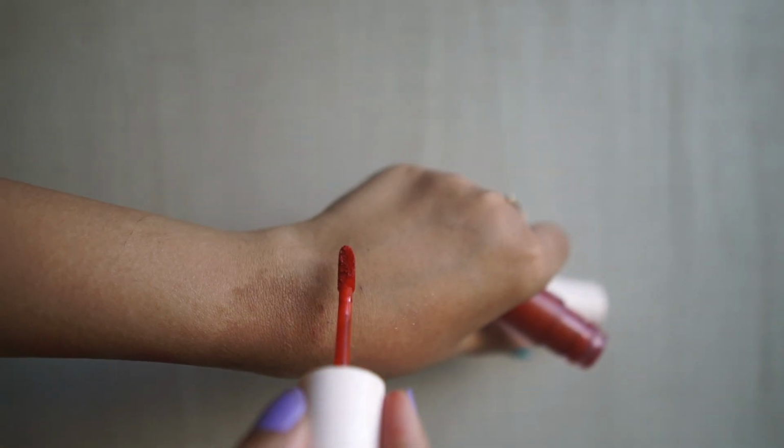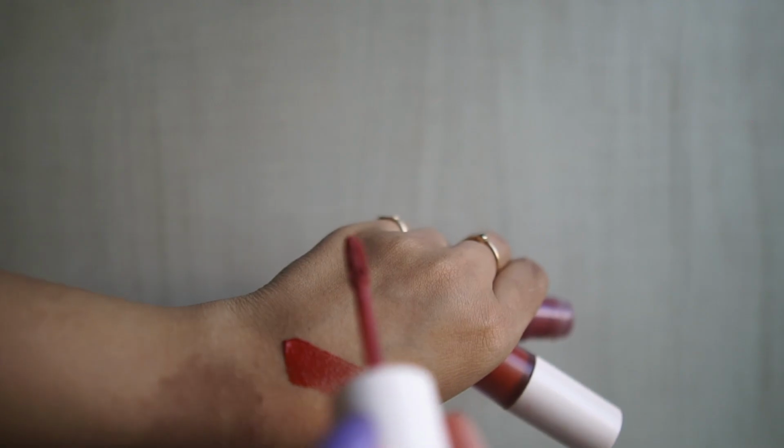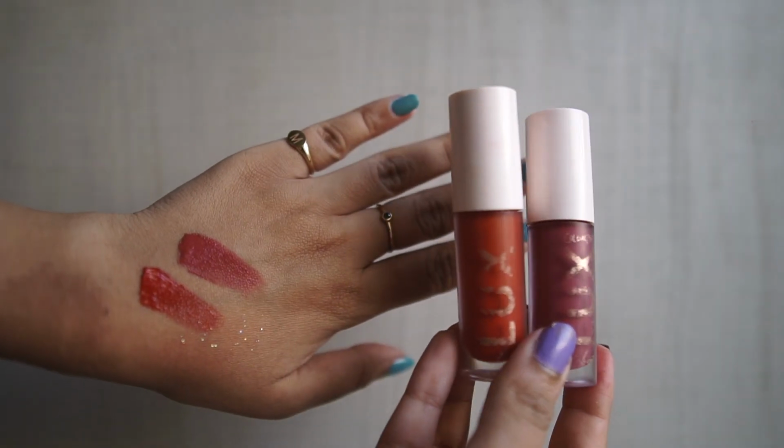The 2 shades that I absolutely loved are both from the same range. They are from Colourpop. They are from their Luxe Velvet Lipstick collection. I did swatches and a review video of this collection also at the start of the year, and these 2 shades were just perfect for me. We have Daily Dose, which is a little bit of like an everyday orangey red, and then there's Lucky Cat. Love the name, but this is a really beautiful pink color,